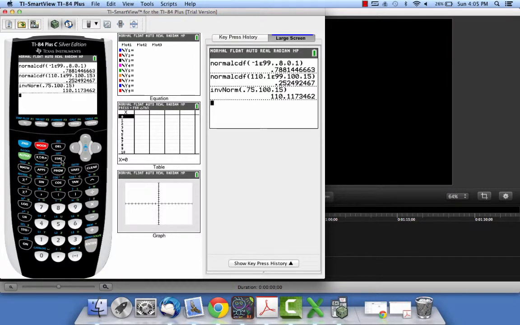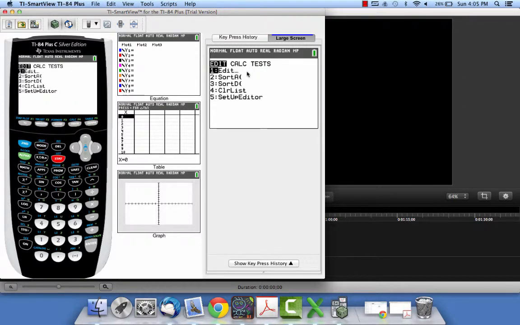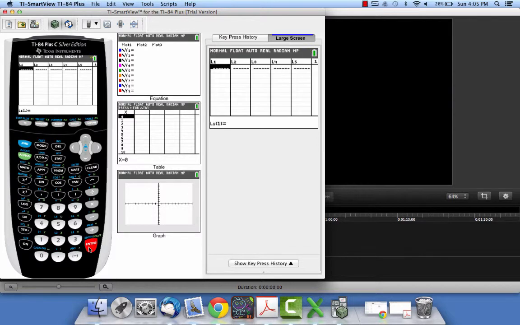Now, if you want to use those tests, so you want to do these, or you want to do one variable stats, which is how you get the mean. Well, let me just do this. Okay, so we go back to edit, and we're going to edit a list. So we hit enter there, and let's say that it was,